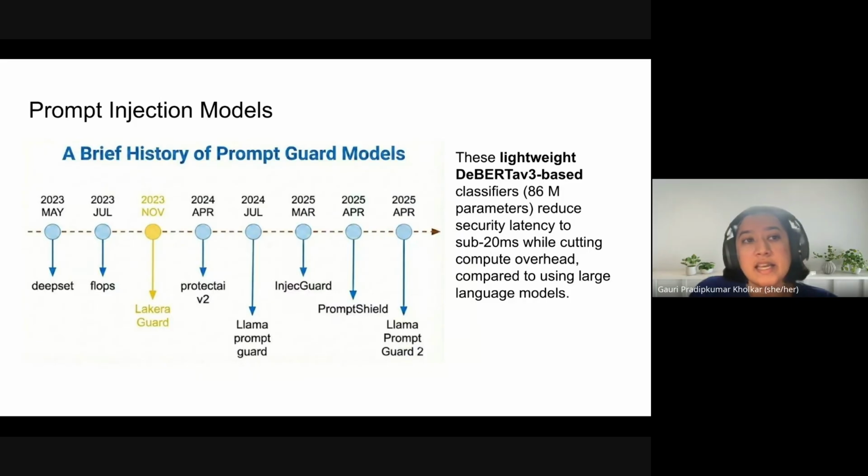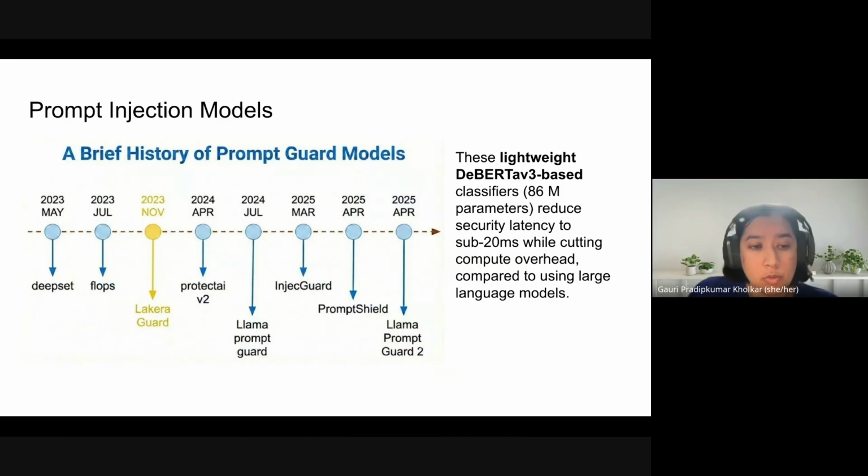And that is the reason our research is going to look into evaluating a series of open source prompt guard models that are available. And we would also be focusing in our evaluations on direct prompt injection in the scope of this paper and talk. So if you can see here the brief history of prompt guard models,